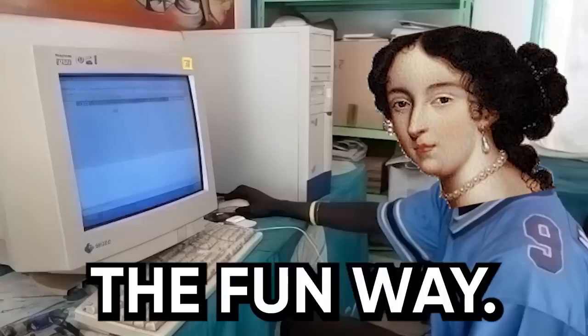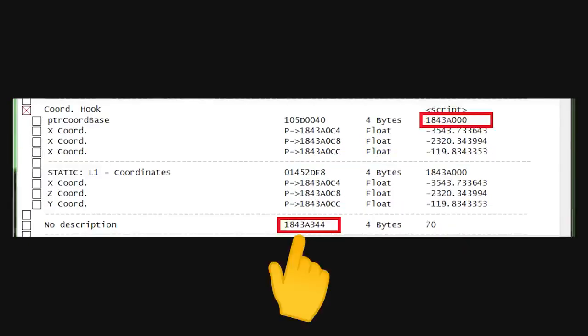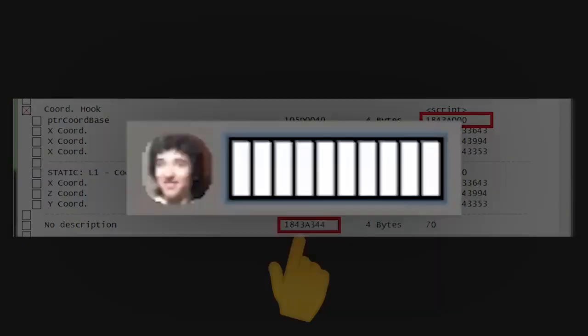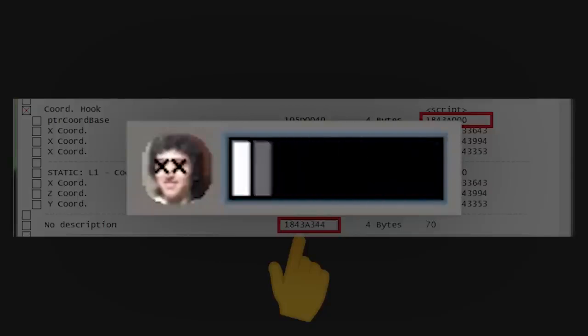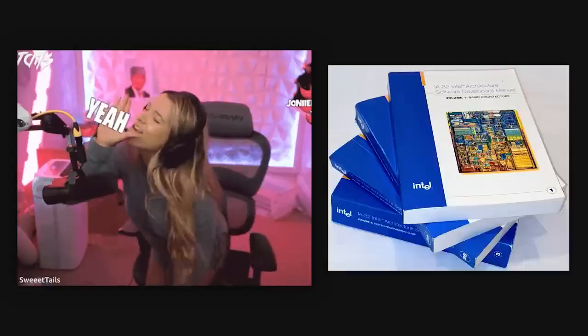See you inside. Here's how you actually learn reverse engineering the fun way. Download Cheat Engine, pick a single player game, find the health value in memory, freeze it so you're invincible, then dig deeper and find the actual code that decreases health and patch it out entirely. You just did reverse engineering and you didn't even realize it because you were having fun instead of reading Intel